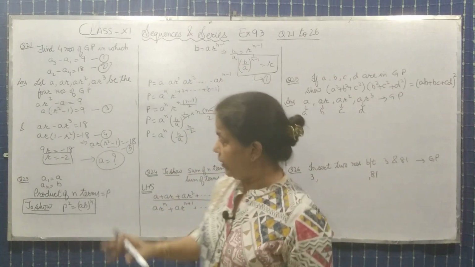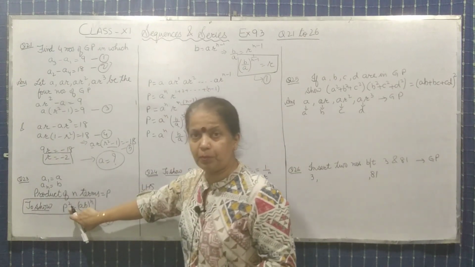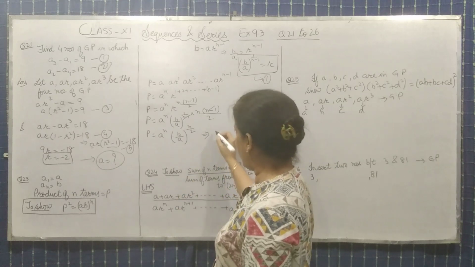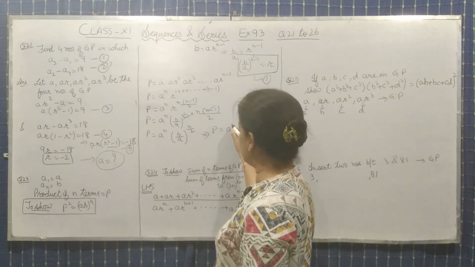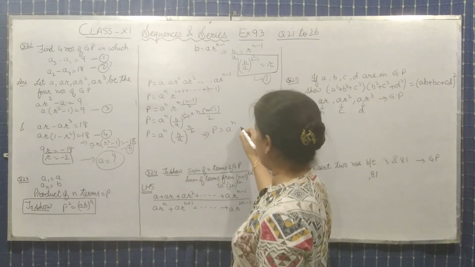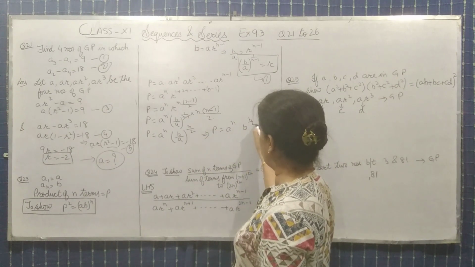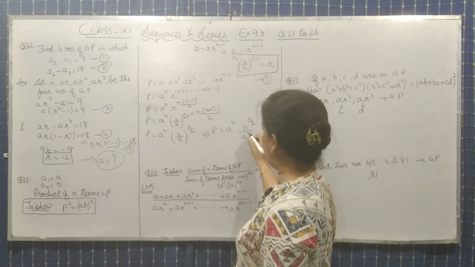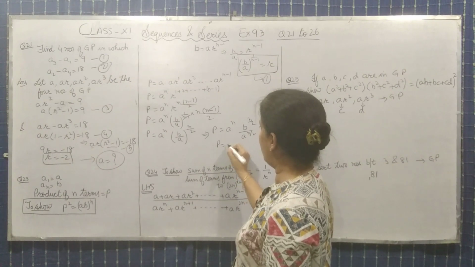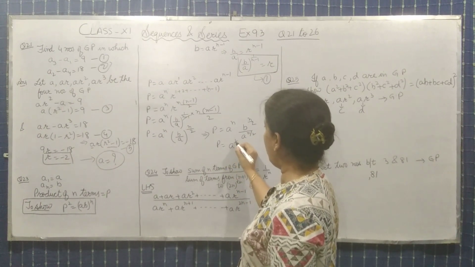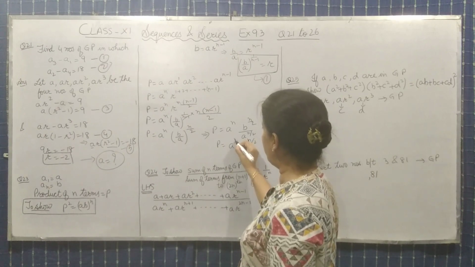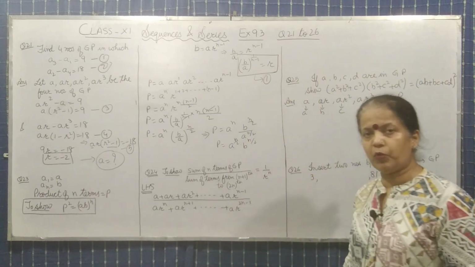Now, in the question they have asked about P square. So what will you do? Squaring both sides, or you can solve it further also if you want to. If you solve it, it will become P equal A power n upon 2 into B power n upon 2 over A power n upon 2, that is equal to A half and B half whole power n upon 2. Now, squaring both sides.